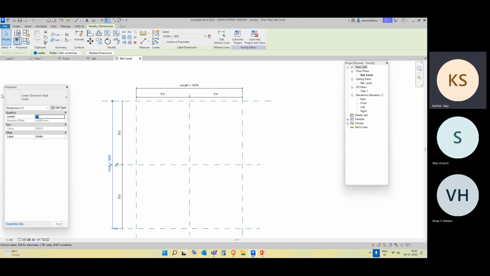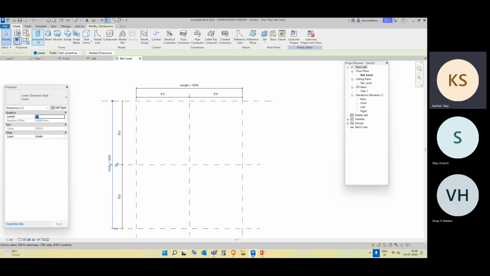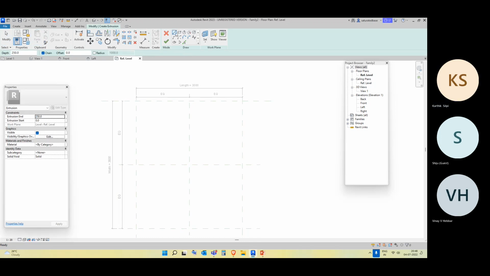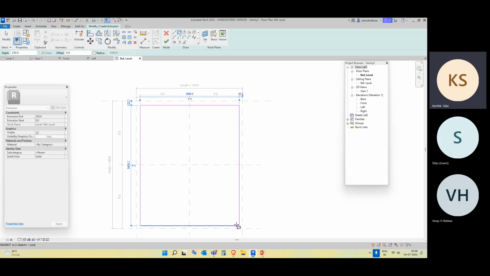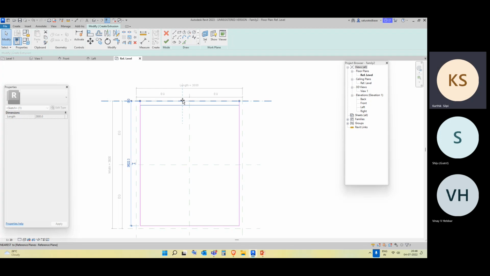Now, after doing this, I'll just go to create again. Now let me take an extrusion. Take a rectangle, something like this. After doing this, we have these parameters, and I want this extrusion to happen in parallel with these parameters. So what I do is I just drag it to a place where it is in sync with our reference